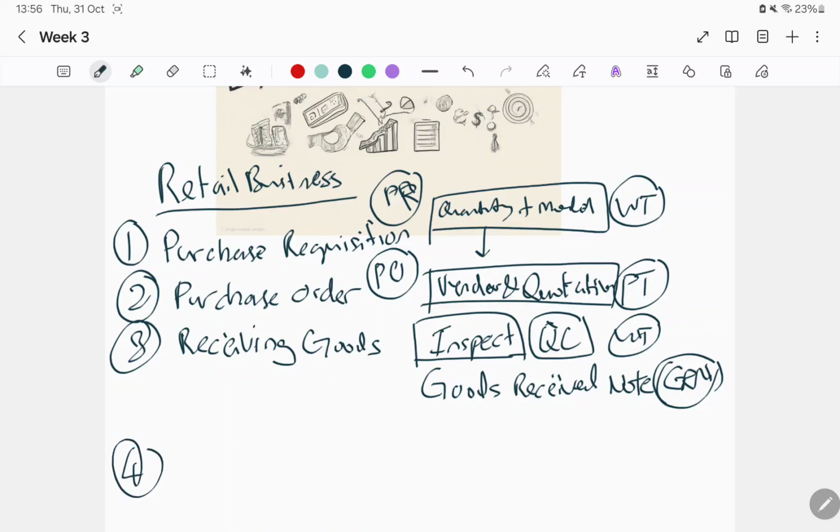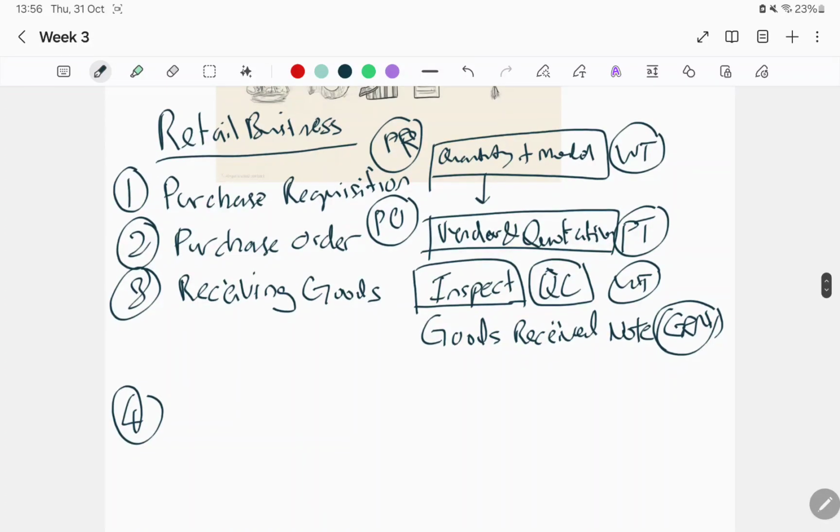Then of course the supplier will now chase after you for payment. Before that, how are they going to chase you for payment? They are very professional, this vendor. They don't call you and say, hey, I want payment. They will send you a love letter, which is a document called the invoice. So they will send you the invoice,